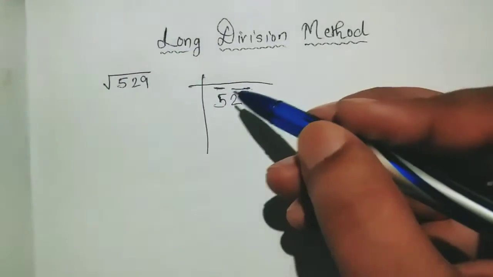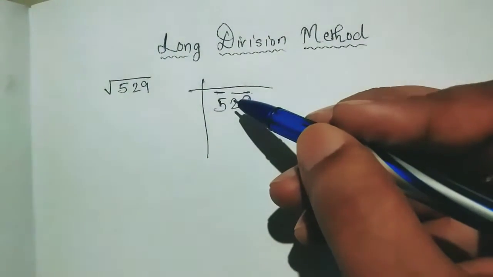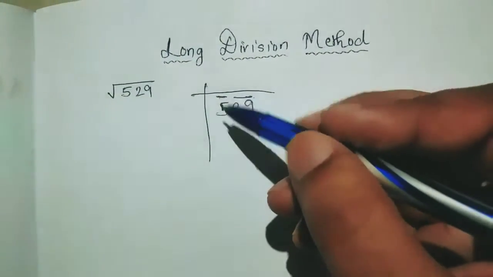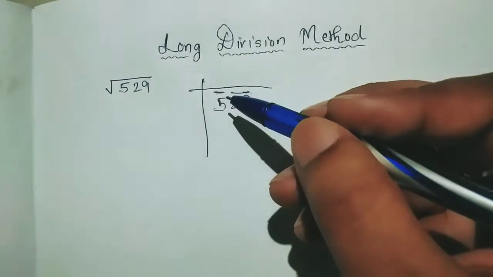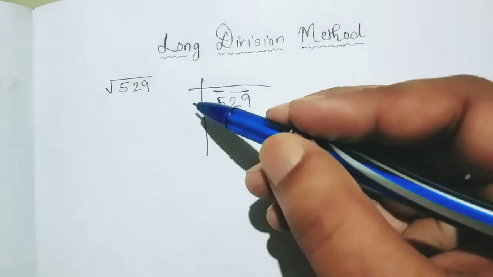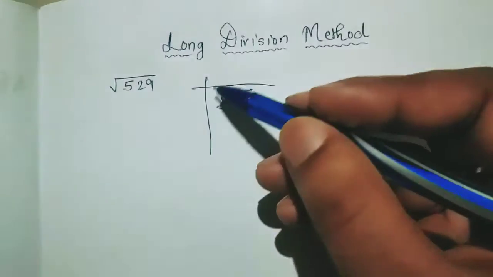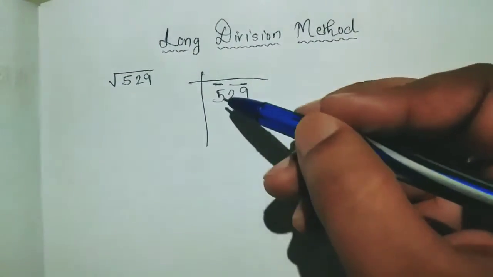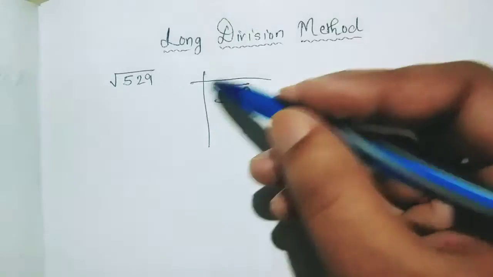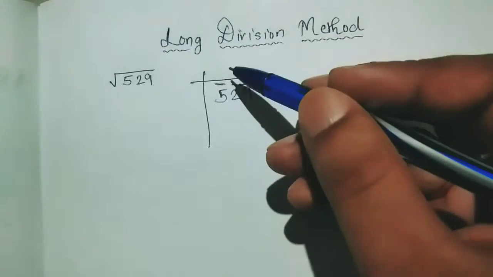Now by what number will you divide this number? In any normal division we have two numbers, one dividend and one divisor. So here the dividend is present but the divisor is not present. So what will be the divisor? By what number will you divide this number? So the rule is what? You have to divide using a square number.